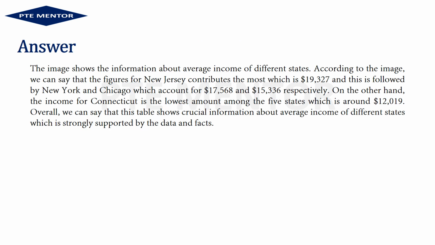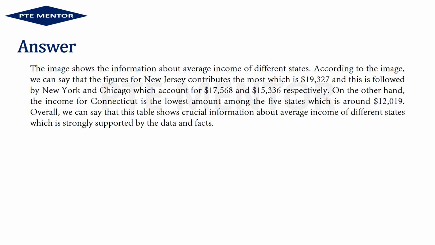The image shows the information about average income of different states. According to the image, we can say that the figure for New Jersey contributes the most, which is $19,327, and this is followed by New York and Chicago, which account for $17,568 and